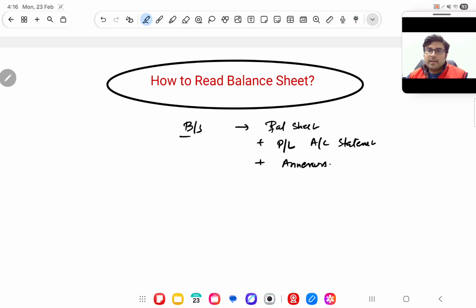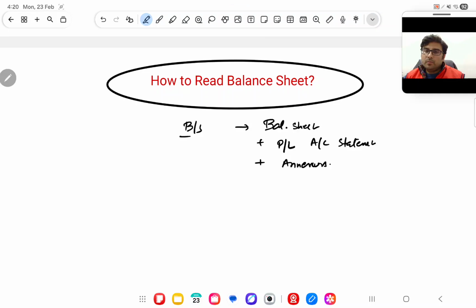Everything I will write and you will understand, and I request you to keep a pen and paper notebook with you. We follow Gurukul style here in our classes also, and if you see my courses, everything I am writing so that you also write. When you write, you understand and you keep it in your mind for a longer time. That is the Gurukul style. So